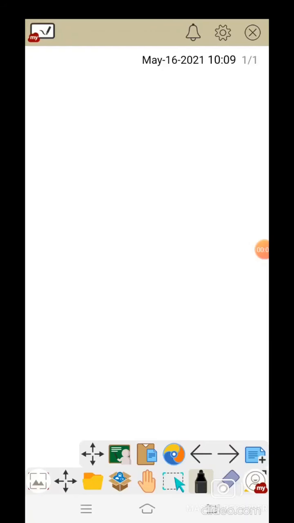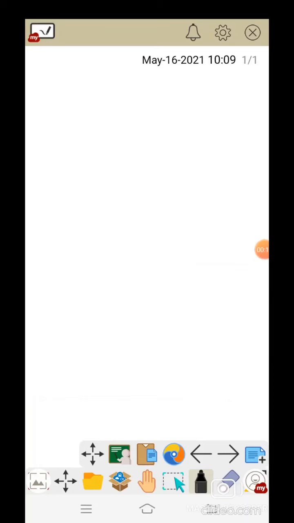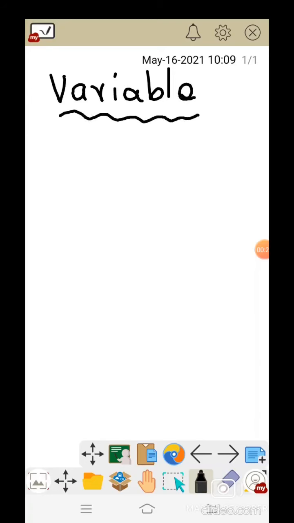We are going to discuss what a variable is. First we will discuss what a variable is, and in which case we are going to use variable names. Okay, so we already know that whatever the value may be, let us take it as